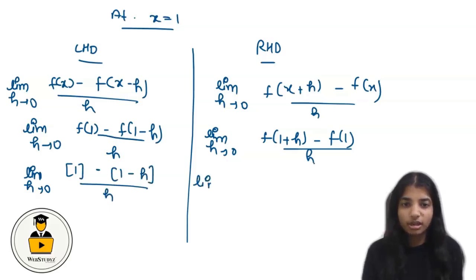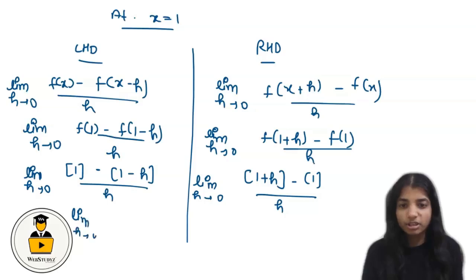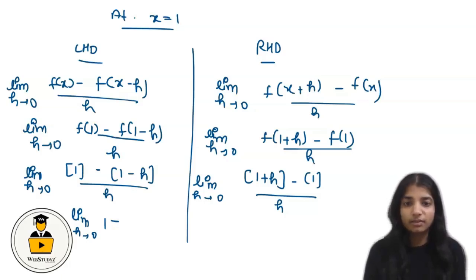And the other is the limit as h tends to 0 of [greatest integer of (1 plus h) minus greatest integer of 1] divided by h. The greatest integer of 1 is equal to 1. So this is the limit as h tends to 0 of [1 minus greatest integer of (1 minus h)]. h is a very small value, but whenever something is subtracted inside the greatest integer function, the function gives the preceding whole number. That means for 1 minus h, which is 0.9999 something, the value will be 0.